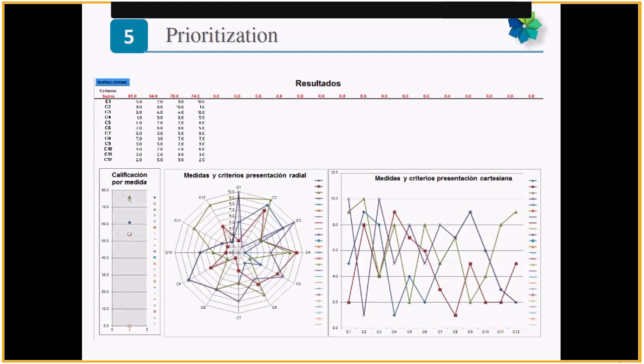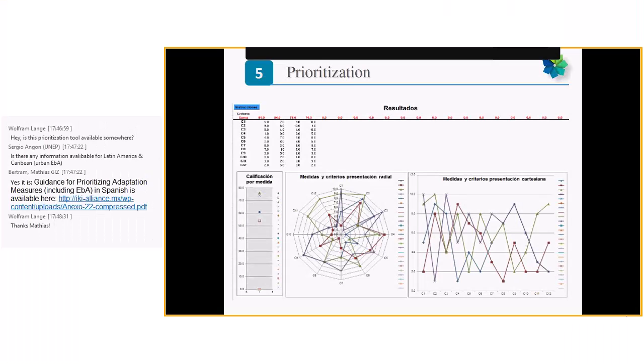This is a chart of how the diagrams of the results of the prioritization step go, and the tool is available online. The previous version is on the official government website of SEMARNAT in Mexico, and you can also download it from, I think, adaptationcommunity.net GIZ.